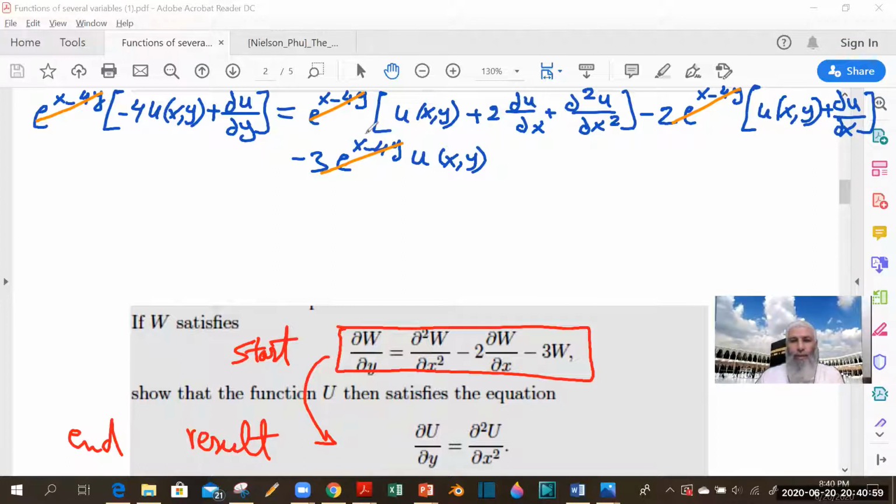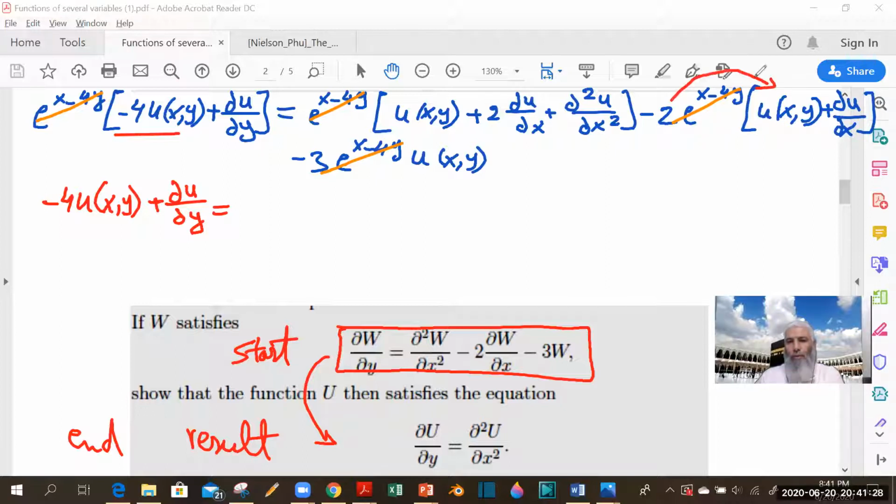Yes. And here minus 3 of xy, right? Yes. So this part is minus 4u of xy plus 2 du dy equals,